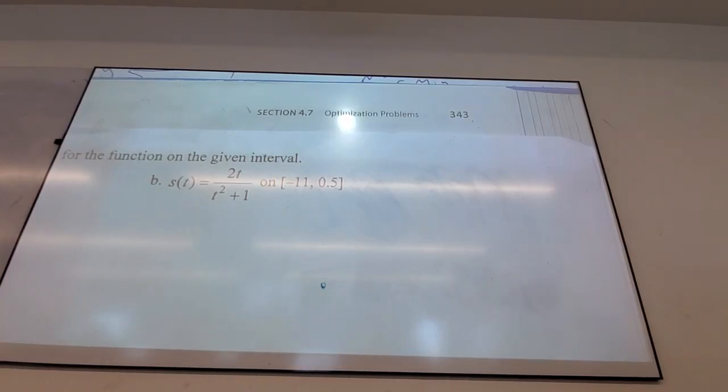So that's the result from the quotient rule. What's the only way a fraction can be 0? If the top is 0. So critical numbers, it's either undefined, the bottom can't be 0, so there's nothing that makes it undefined, or if the top is 0, then the derivative is 0, which is critical numbers. Right there.